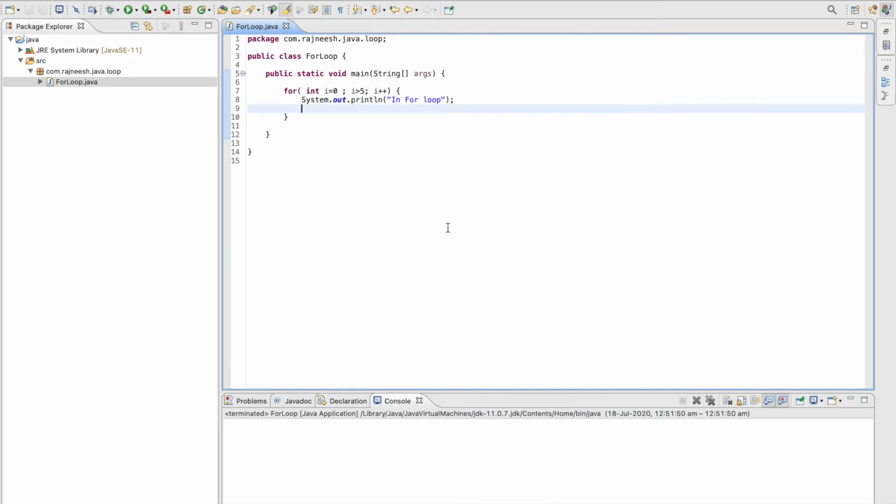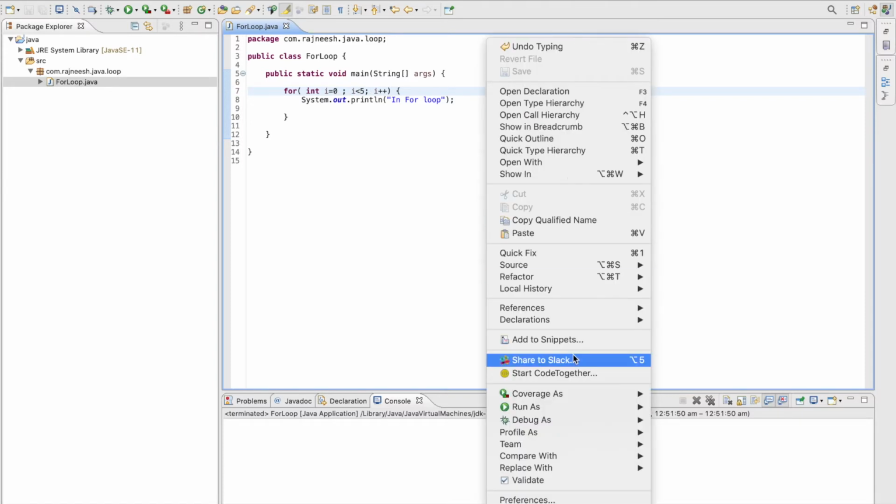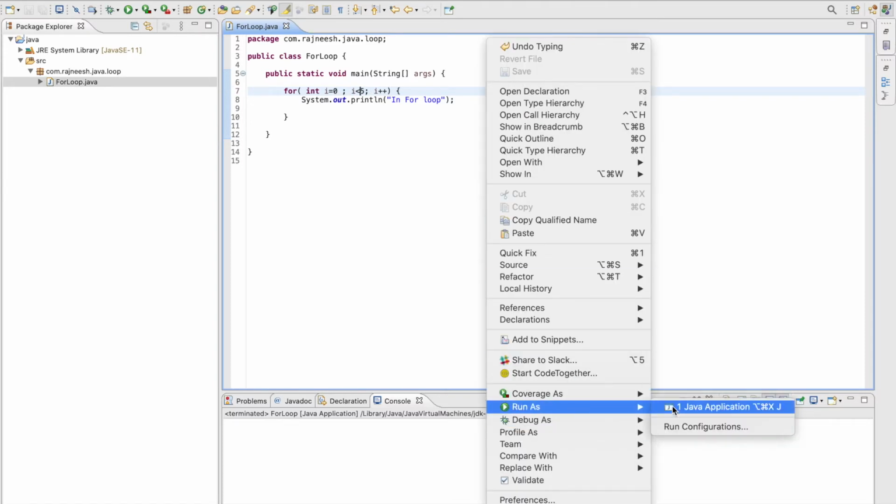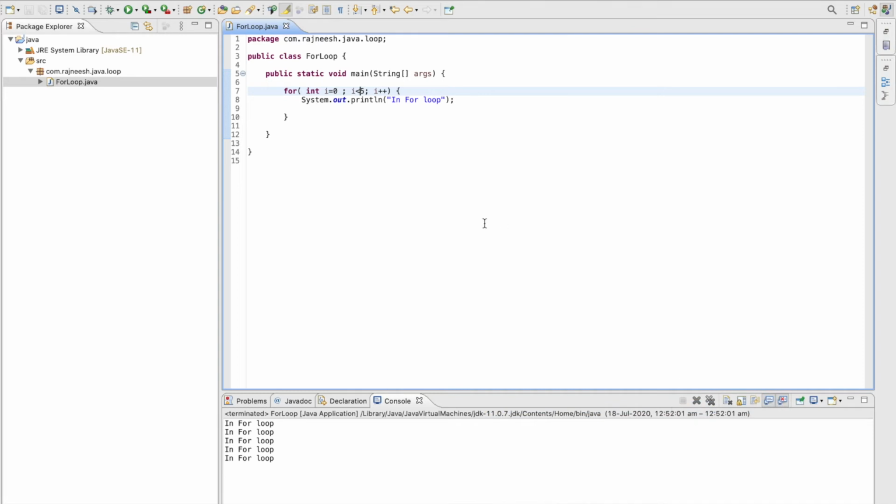It won't print anything because the condition is false. So now I am going to change the condition and run it again, and you will see 5 occurrences of the statement in the for loop because the condition is true here. You can see that it is going to iterate 5 times from 0 to 4, and this is the simple thing that you can understand as of now.